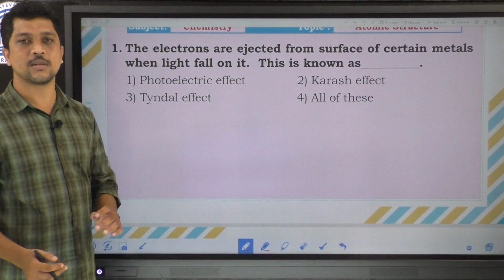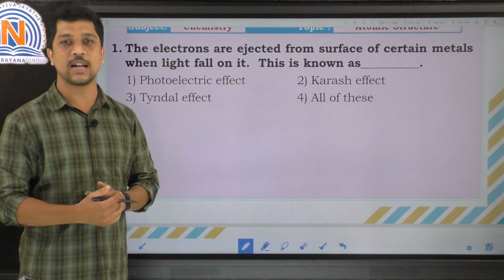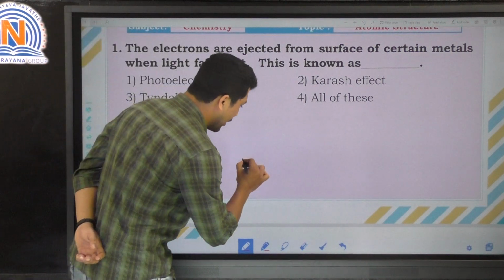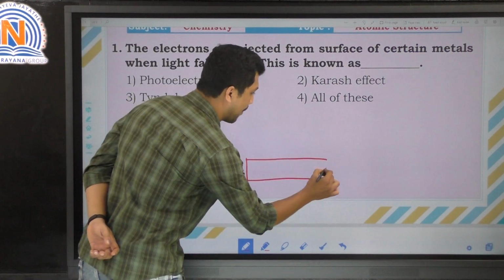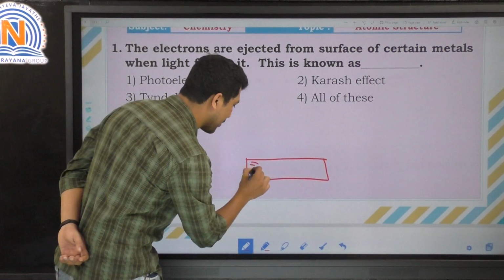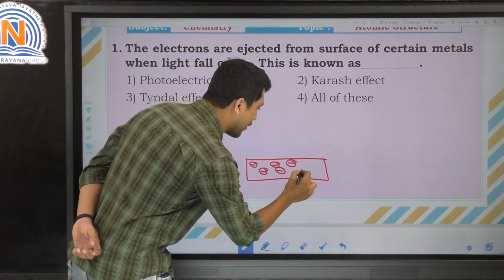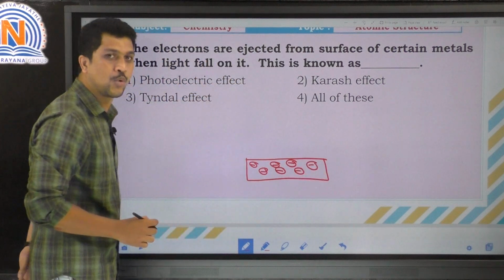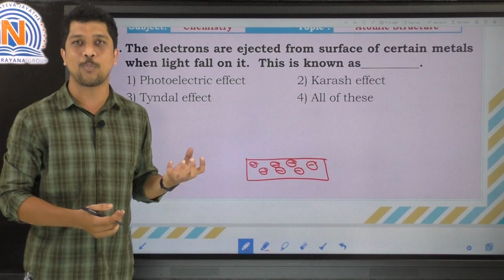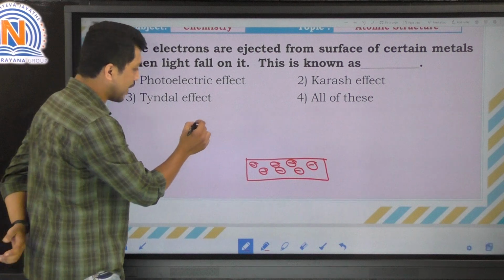So here the first question: the electrons are ejected from the surface of certain metals when light falls on it. This is known as... So for example, this is a metal. We know that metals contain so many electrons. Generally electrons are represented with negative charge, right? So there is a nature for a metal, that is, metals are good electron donors. So they are highly electropositive elements, all the metals. Whenever a beam of light